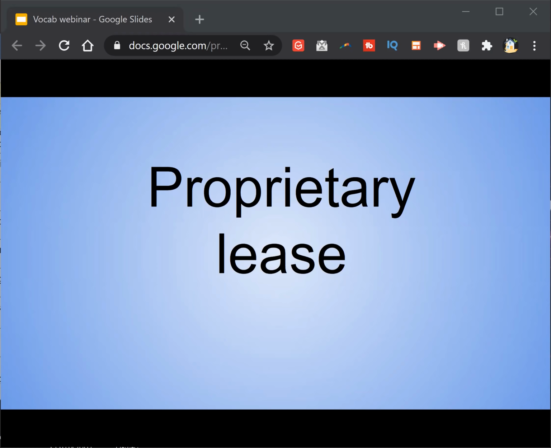So you own shares in a corporation, and based on how many shares you have, that would give you a proprietary lease in the property. So that is the situation there. Next one,